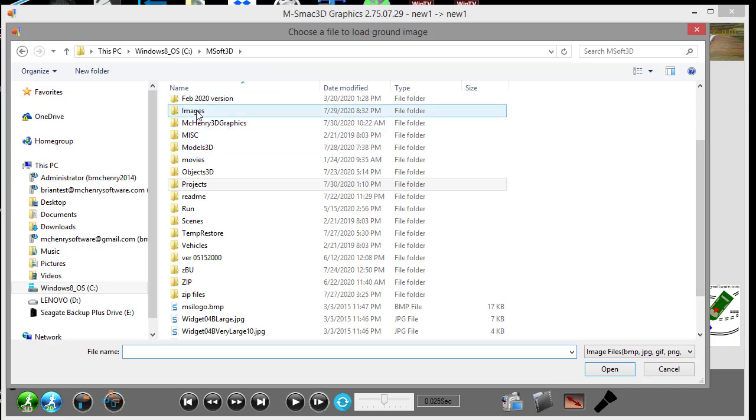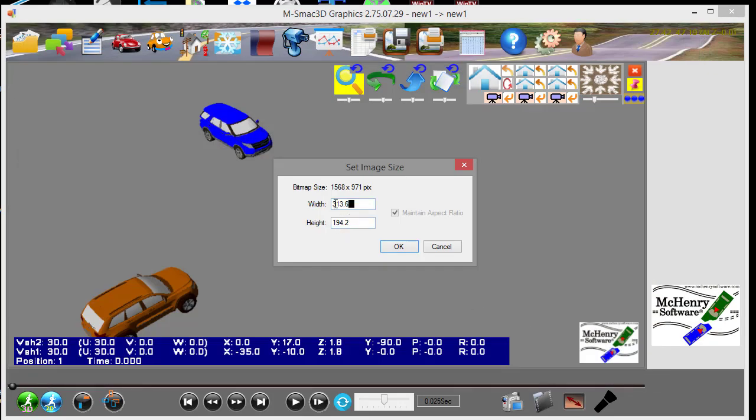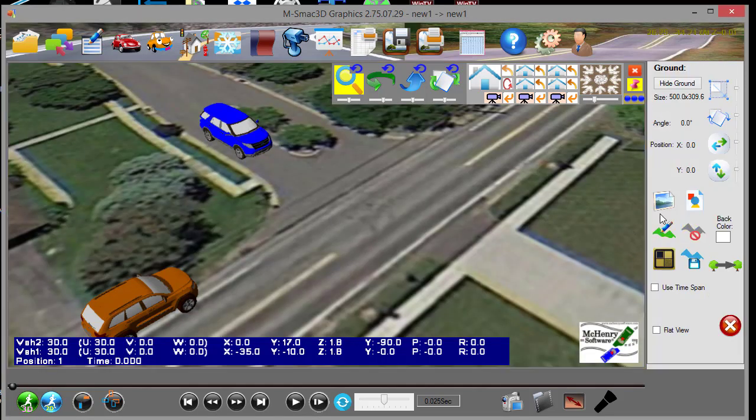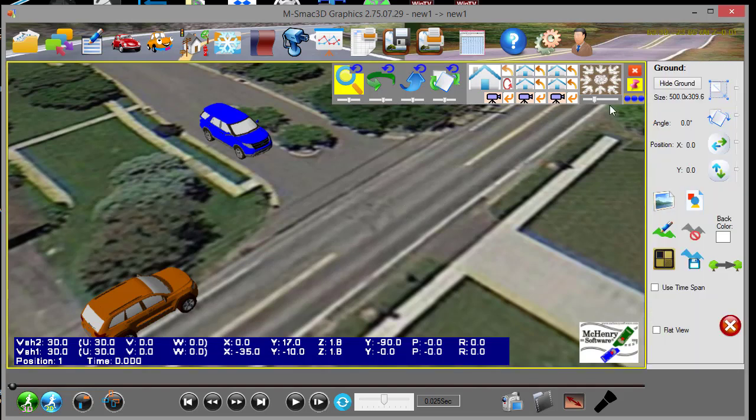Go out to the subdirectory images and get a T intersection. Set this. Next, we want to go ahead and scale. So we click on image map drape over here to the right. This is the ground. When you click on the ground, any ground that's available, it brings up the ground dialog